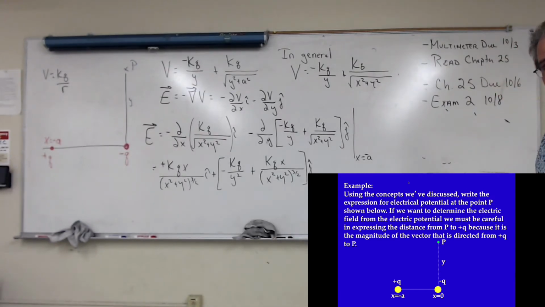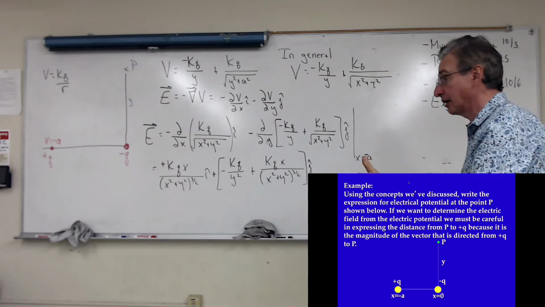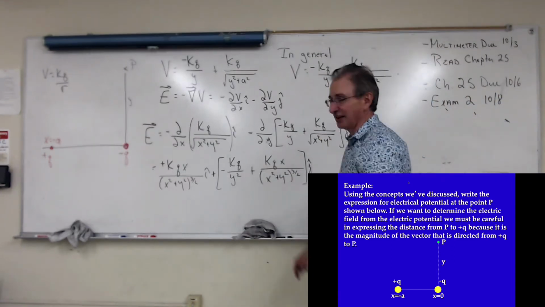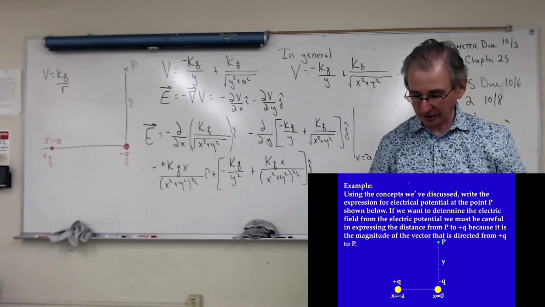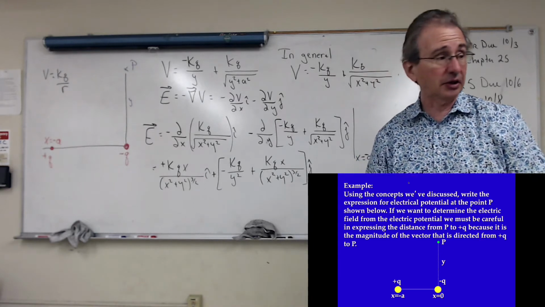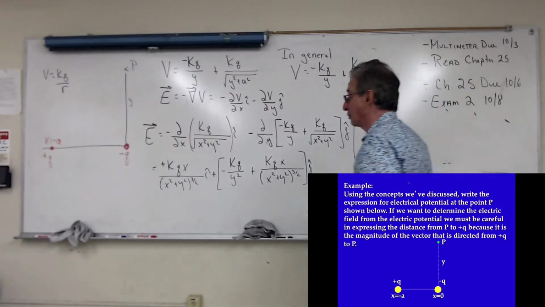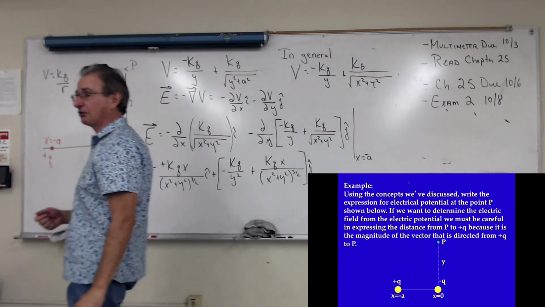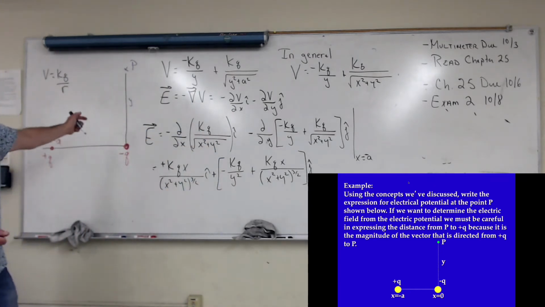Questions on that? I calculated a V, which was easy. The hard part is calculating the derivative because it requires a lot of work. Now, there's another way to do this, right? I can use the equation in chapter 23 that I used to calculate the electric field. So that would be